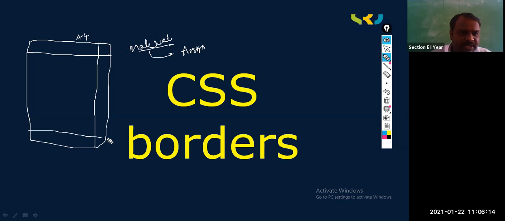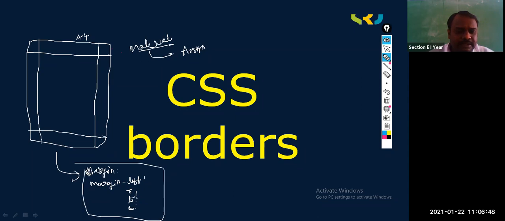Okay, so this is the way you draw margins. So already you know how to give margins to your web pages. How do we give margins? By using the margin property, and we have types of margins: margin, margin left, margin right, margin top and margin bottom. These 4 types we have. Next, these margins you can see. Next, after margins, then what you do, you need to go for padding.